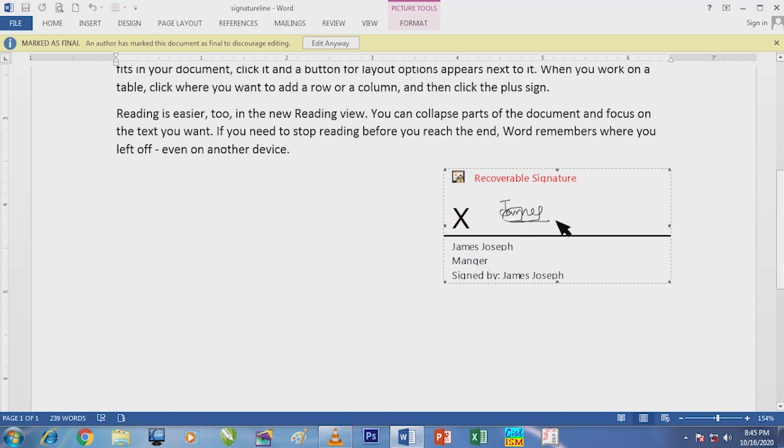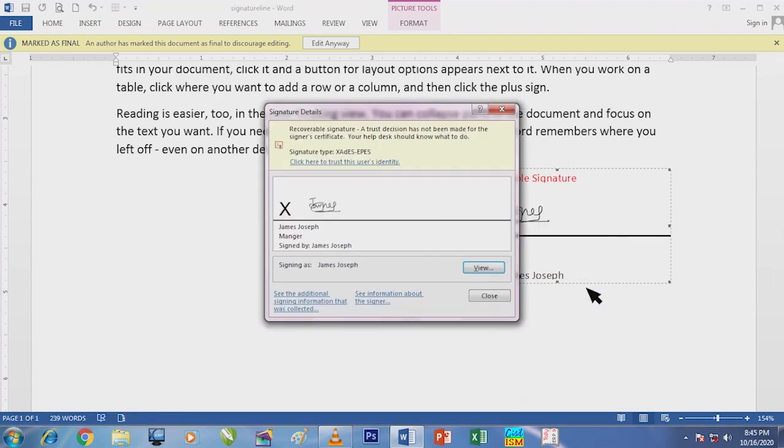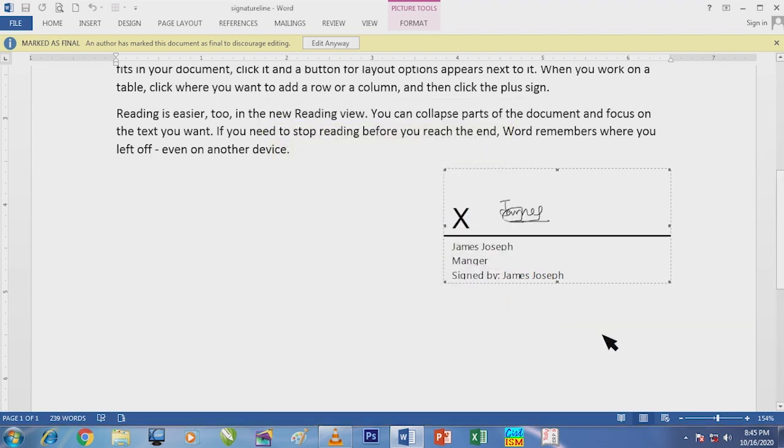We don't want that one to appear. What do I do? For removing that, I have to click on that and go to signature detach. Here I go and click on this, click here and close it. That disappears.